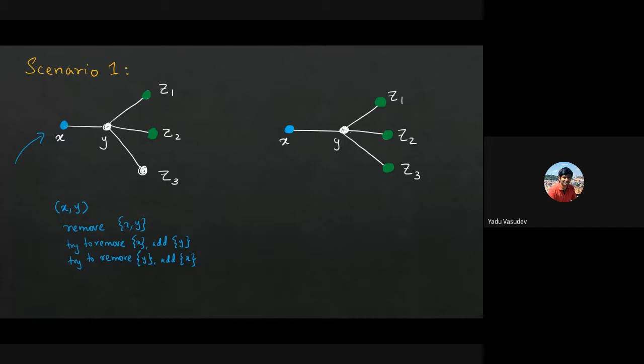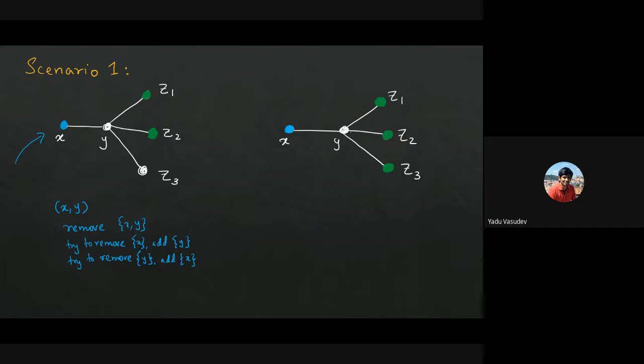Now, removing xy will only reduce d_{t+1}, right? d_{t+1} will become less than d_t. And you cannot remove x and add y. That move will not happen, because you cannot add y, because y is adjacent to a vertex which is in the independent set. So the second step will not happen. The third step might happen, with the same independent set. d_{t+1} is not increasing at all. It's remaining the same. So if you look at the edge xy, it can only possibly reduce d_{t+1}.